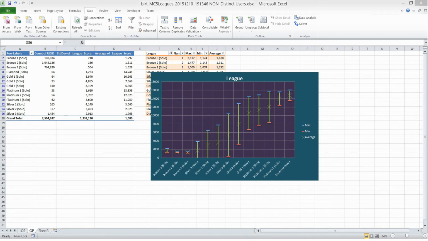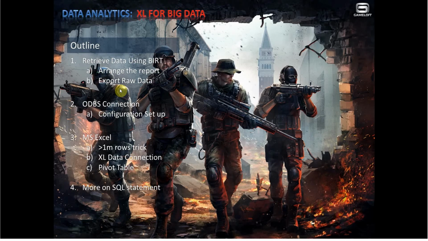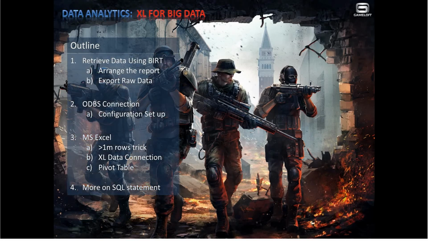So for this example I created a small outline for this purpose. First of all we'll retrieve data using Beard. I personally prefer Beard because it is easy to use, quite friendly, quite fast to deal with all those complicated data, and then we'll create a connection with that exported raw data source via ODBC connection using